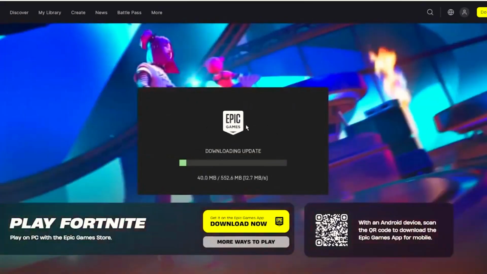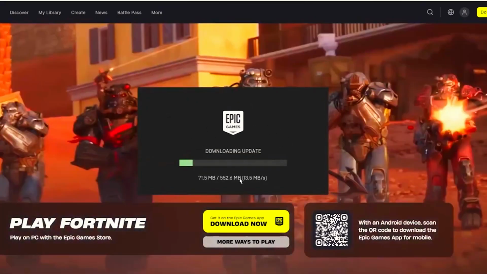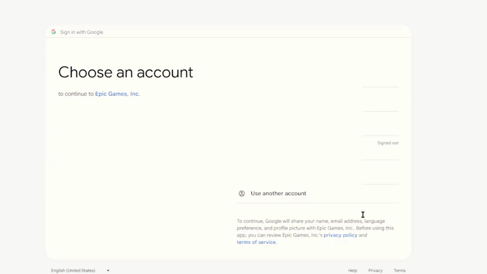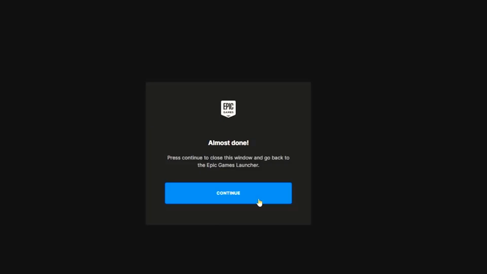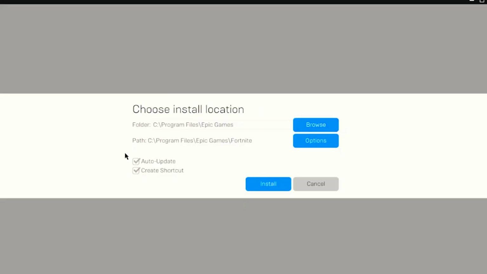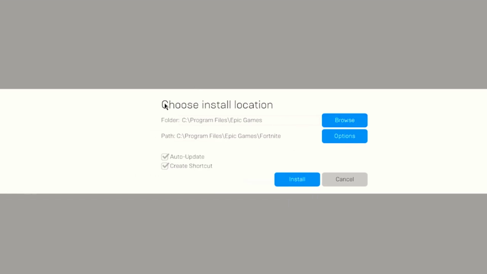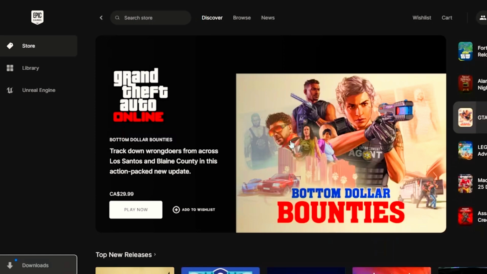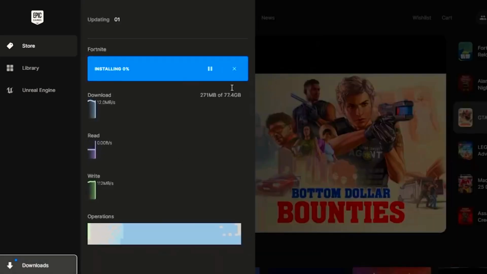And now as you can currently see, it's downloading Fortnite onto your PC. And now you want to sign in into the settings taken right here, and then click Continue. And now you can choose where you want Fortnite or Epic Games to install on your computer, and then click Install. And if you see here on the bottom left hand screen, Downloads, you are currently downloading Fortnite to your